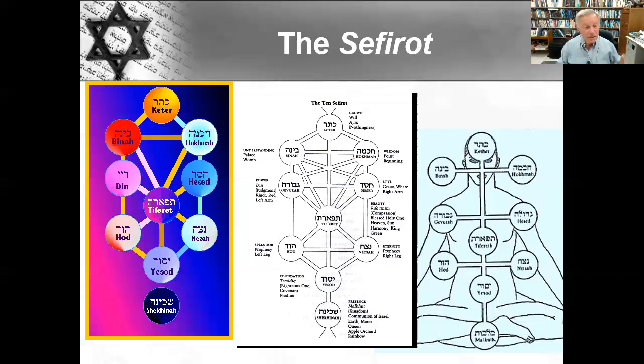And then as we get into mystical and mythical texts, Shekhinah becomes the bride of God, a feminine aspect of God. One of the reasons for that is Shekhinah itself is a feminine word. All Hebrew words are gendered, either masculine or feminine. Shekhinah is feminine. And if you really want to, I think I have one entire episode of my class on mythology on the Shekhinah. So if you want to see some really pretty wild aspects of the imagery of the Shekhinah, I encourage you to check out that class.